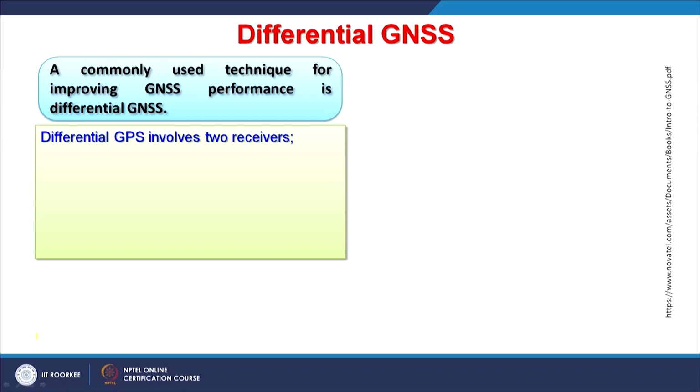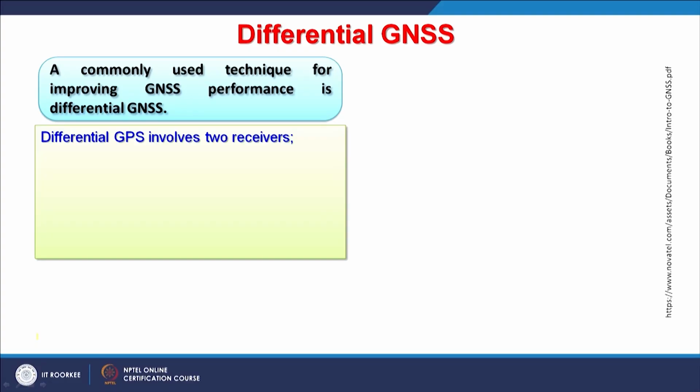Then from one stationary location we can have the error information, and we can subtract that error from the location we get through the rover GPS or GNSS receiver, and then we can improve the accuracy. So the main purpose of differential GNSS is to improve the accuracy, so that we can get much more accuracy than using a single standalone GPS.